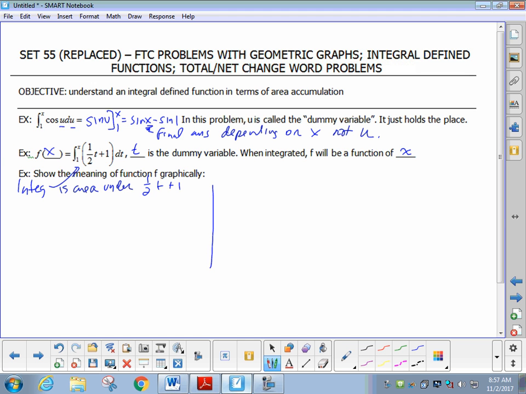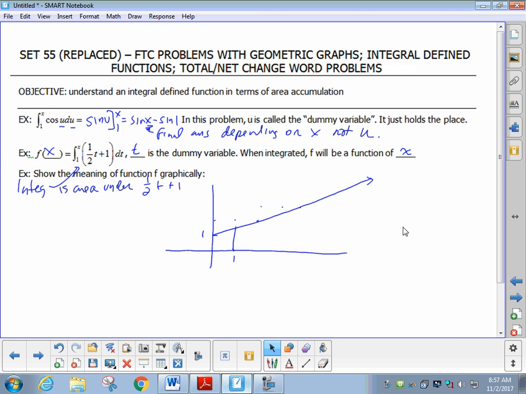If I were to graph that, I know it's a line with a y-intercept of 1 and a slope of up 1 over 2, up 1 over 2. So far, so good. Now, as I said, f is the area under the curve starting at 1